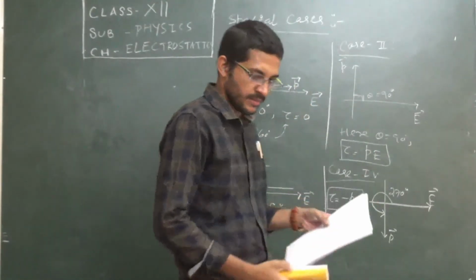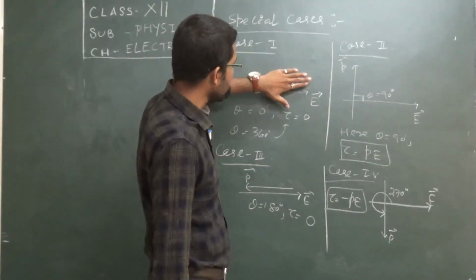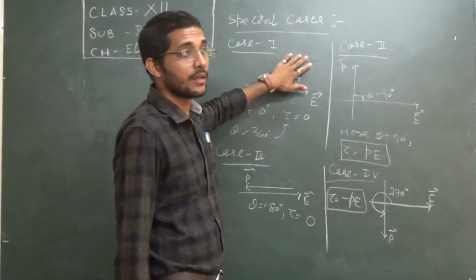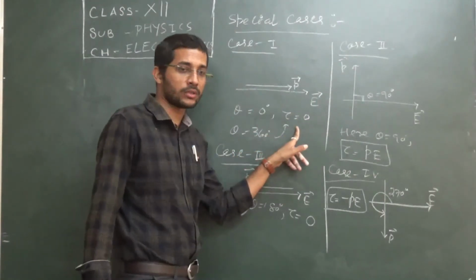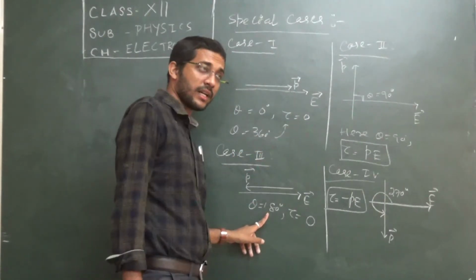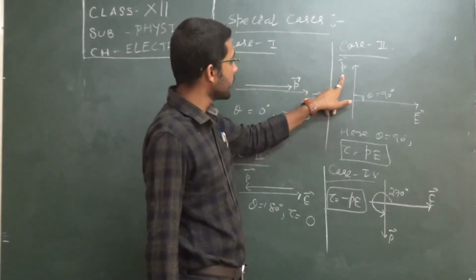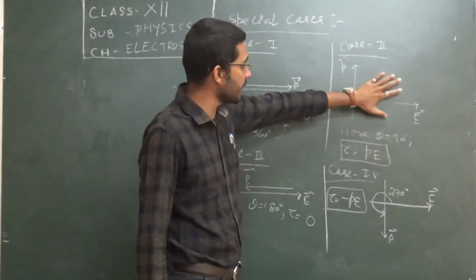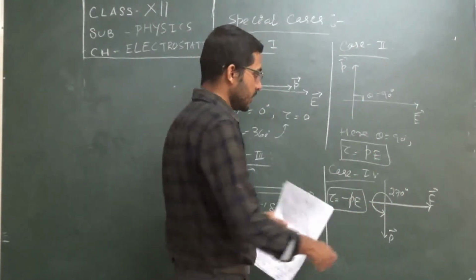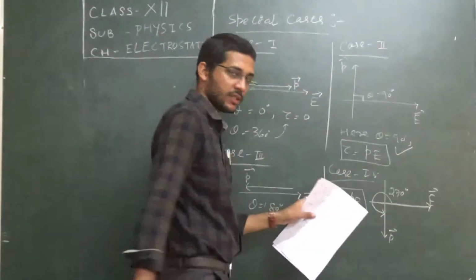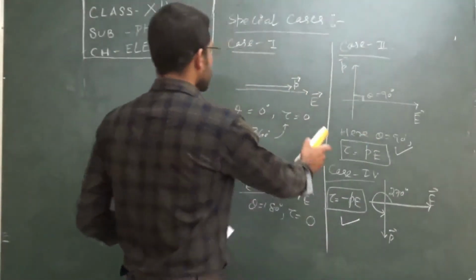So if you observe all the cases, when the electric dipole is placed making an angle of 0 degree with the electric field, there will be no torque, that means no rotation. The same thing happens when they are anti-parallel to each other, electric field and dipole moment. But when the electric dipole is placed perpendicular or at an angle of 270 degree, we find that torque is present. So in these two cases, rotation will take place. So it is not our concern. So write a note. After writing this one, write a note.